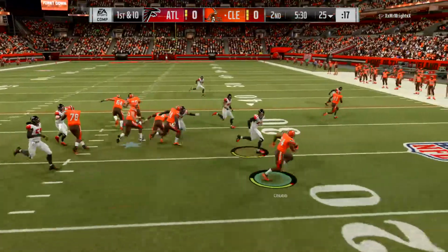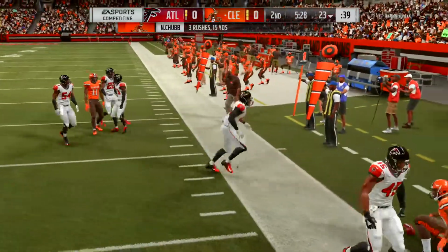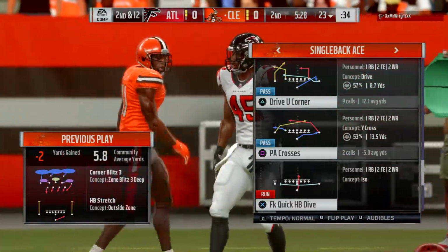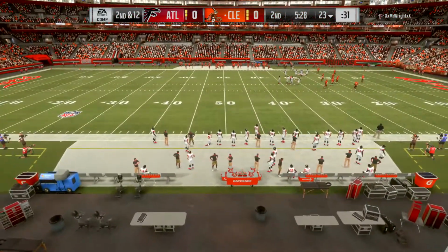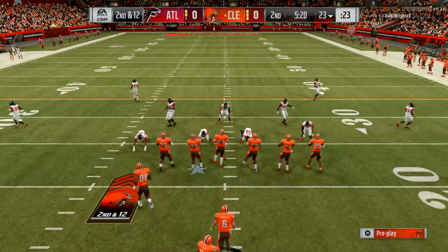They run again on first down, Chubb. It's a loss of 2 there, bringing up second down. Well, that's just running the ball 101 because too much east-west, not enough north-south. Got to get upfield, don't you? They just kept stringing him out. Before he knew it, he had hit the sideline. So after the loss of 2, here's second and 12 from the 23. All right,